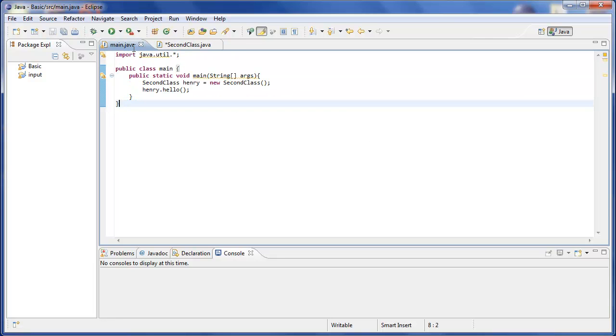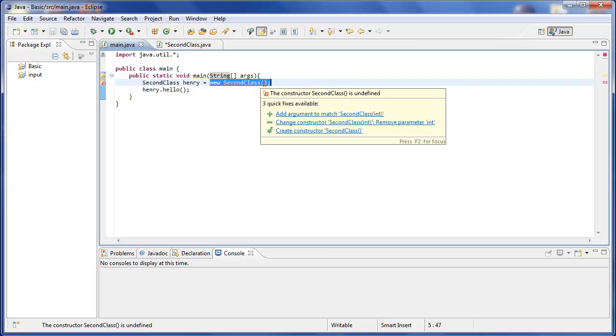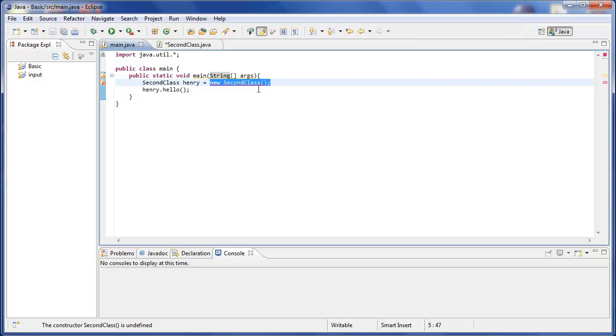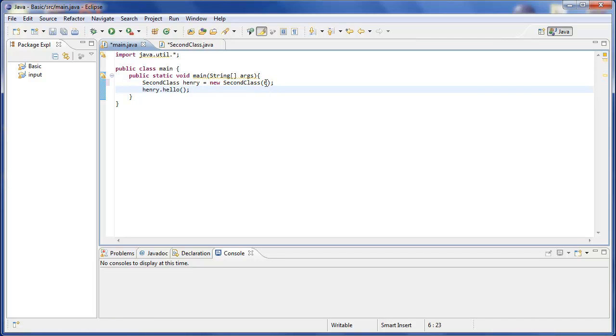So now back in the main. Here's something cool. If you import java.util.all, it imports java.util.scanner and java.util.random, which we will learn soon, maybe the next tutorial, I don't know yet. And it will allow you to do stuff that you wouldn't normally be able to do. As you can see now, we're getting an error here, because there needs to be an integer in here. If I typed in 6, it would go away. But we want them to enter it in. So we type